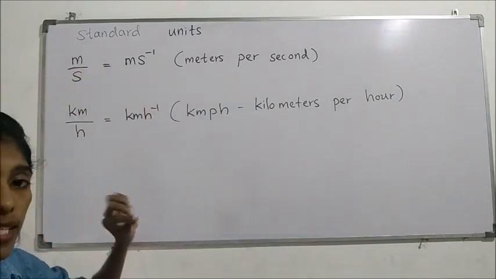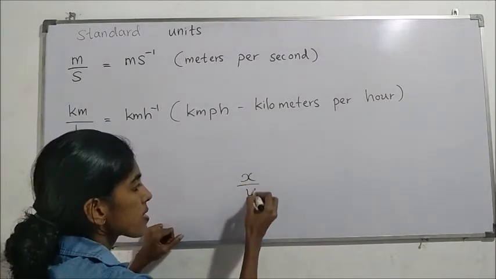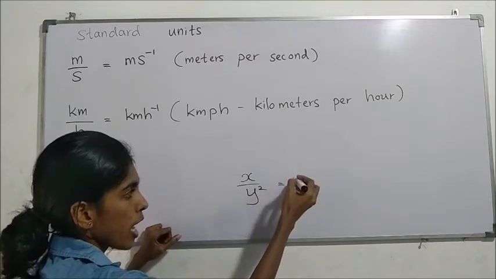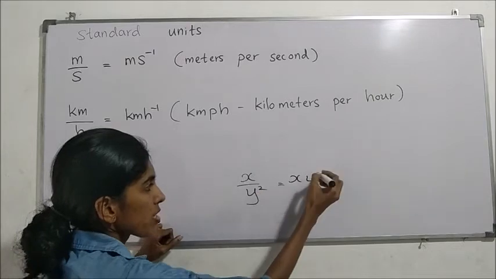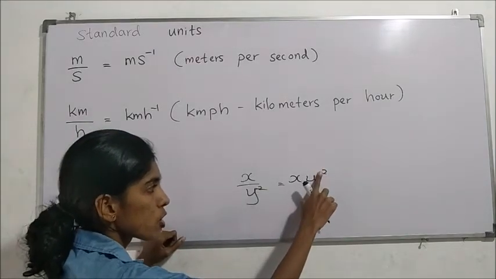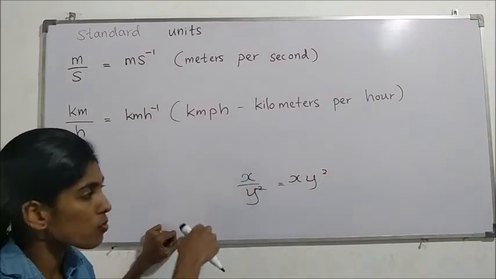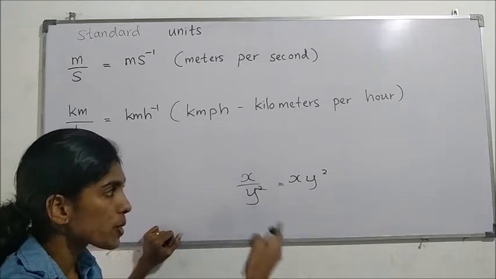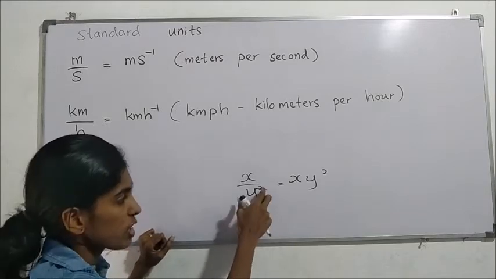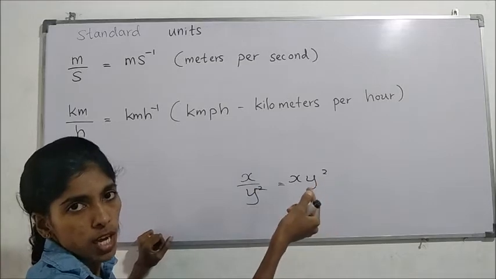For example, in the indices lesson we learned, just imagine x over y squared is there. We can bring this y squared up, but the power will be what? It will be -1. If it is -1 down, it becomes positive when it comes up. Like this, you can change the denominators or numerators, and while doing that you can change the sign of the relevant power. If it is -1, when it changes its position, it becomes positive.